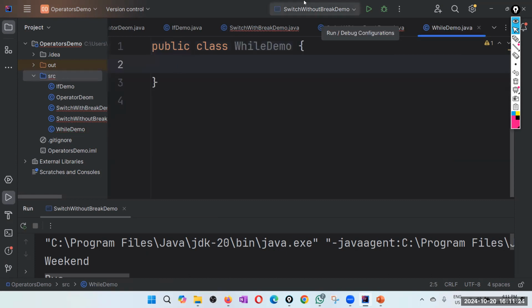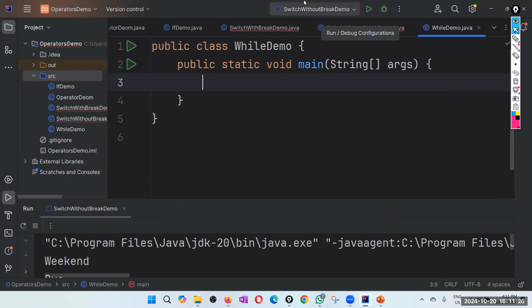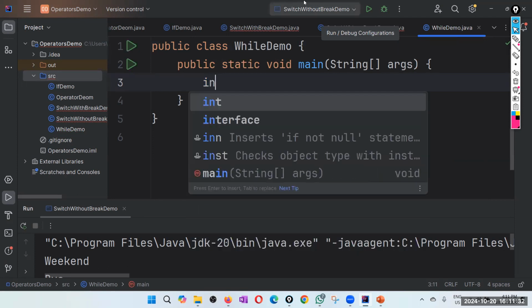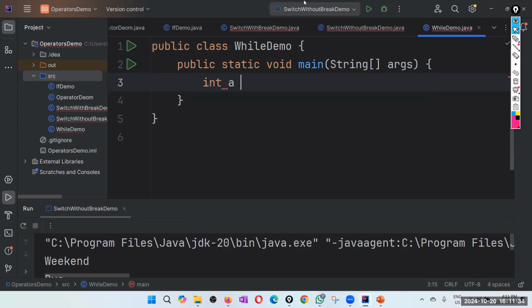And the main method, PSVM. I just do one example, maybe print 1 to 10. And you need to do it yourself. So int a equal 1, while a is less than or equal to 10,